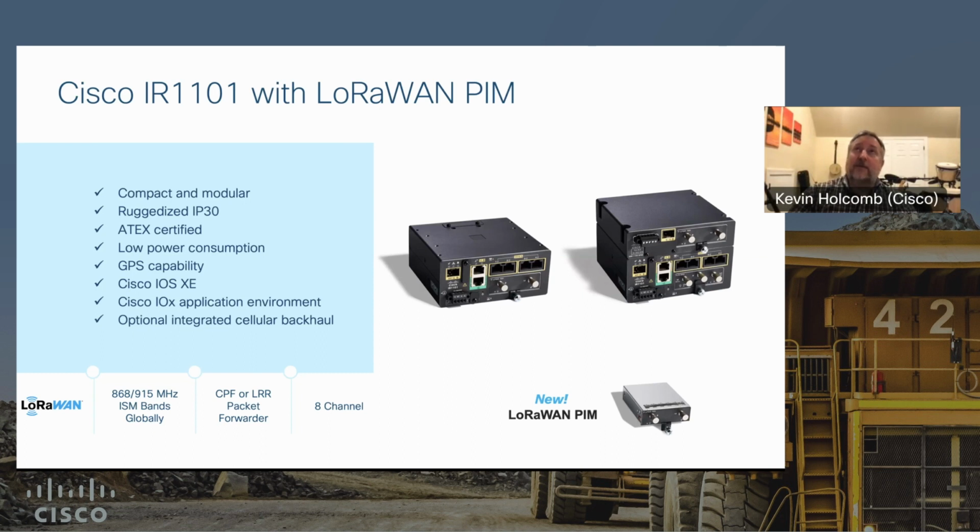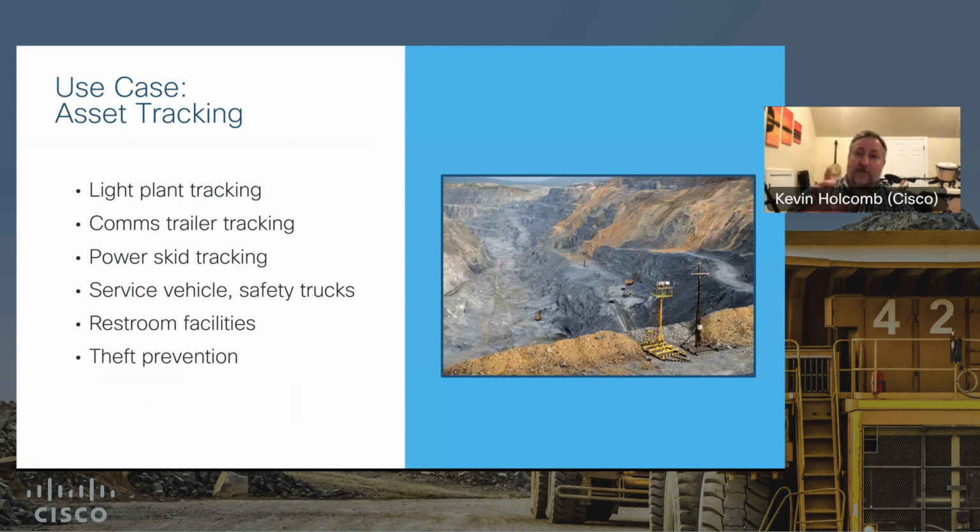Okay, now the piece we didn't cover yet is the network server piece. So when it comes to the network server, remember the network server is the brain of a LoRaWAN network, right? For the network server, Cisco resells a network server from a company called Actility. They call it ThingPark Enterprise. So we resell that. We also support something we call Common Packet Forwarder,